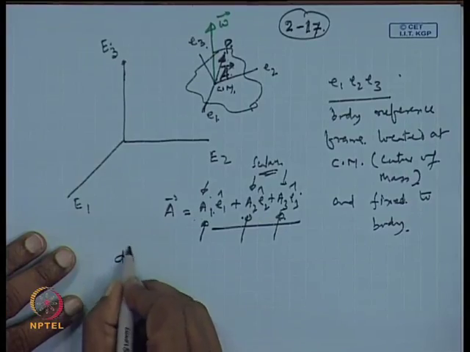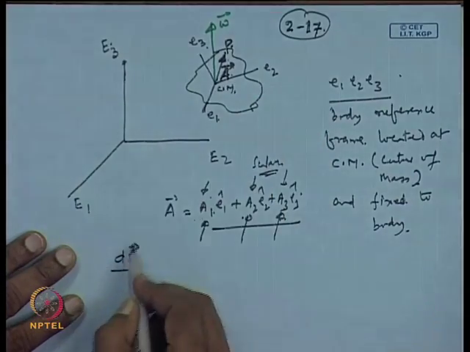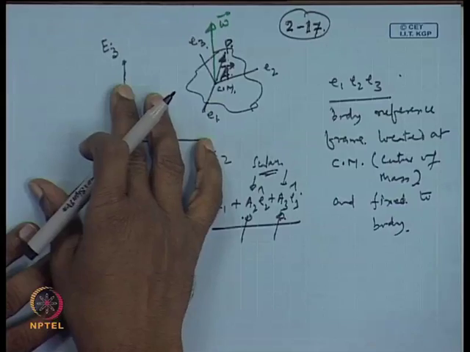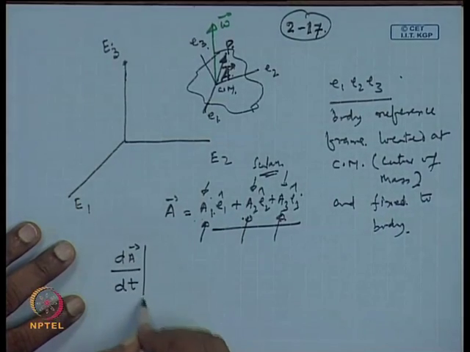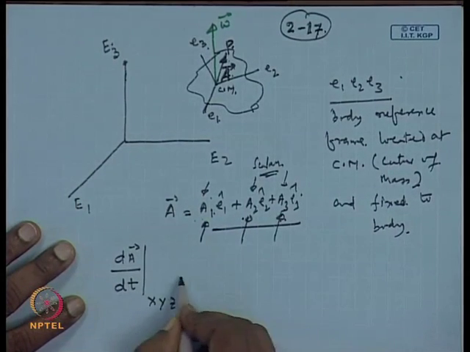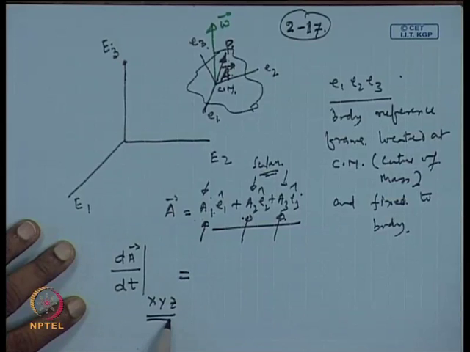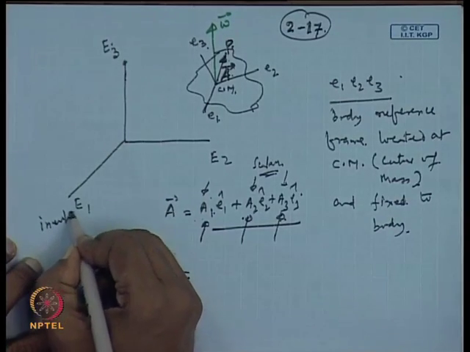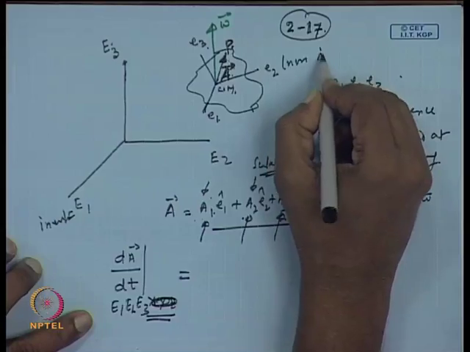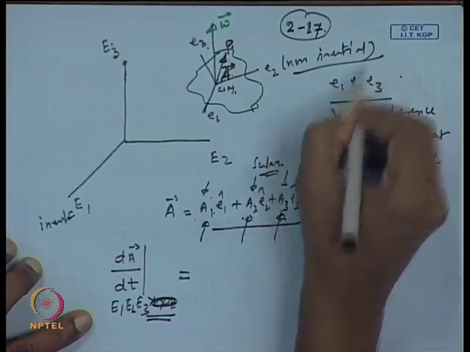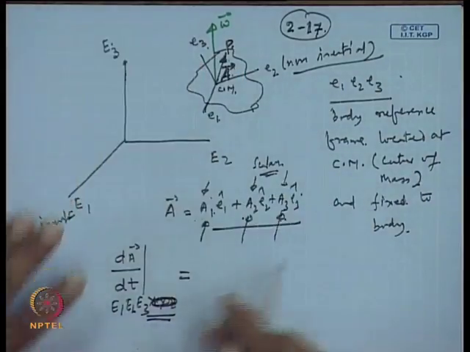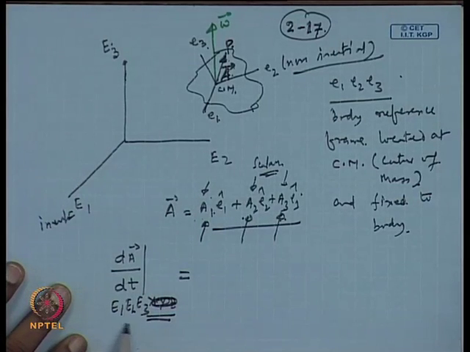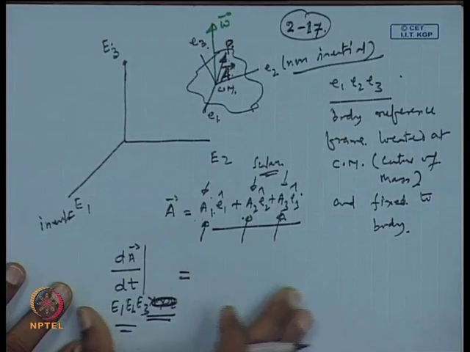Now, using this concept we will develop how, if there is a vector A in a rotating reference frame and I am sitting here, the change of this vector with respect to time will appear from the inertial reference frame, which here we write as E 1, E 2, E 3. This is an inertial reference frame and this is a non-inertial reference frame. Okay. So, how will the change of this vector appear from the inertial reference frame? So, this can be correlated to the